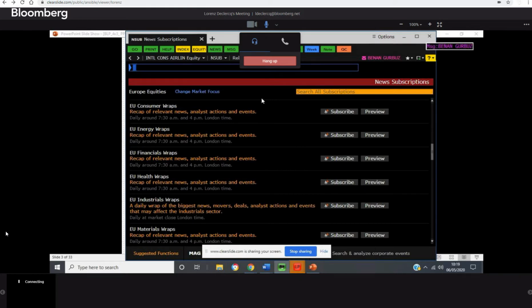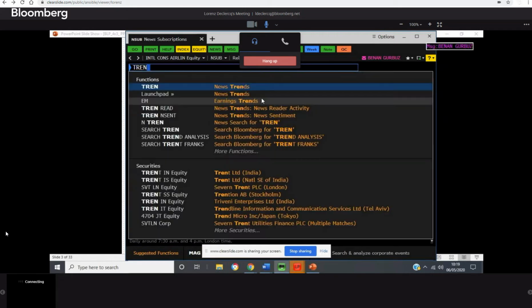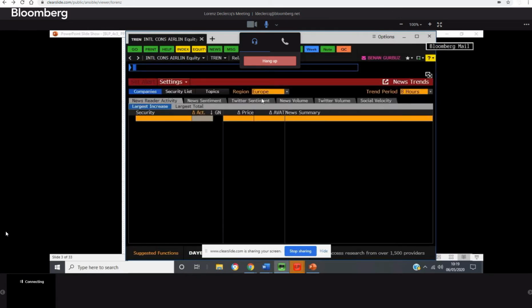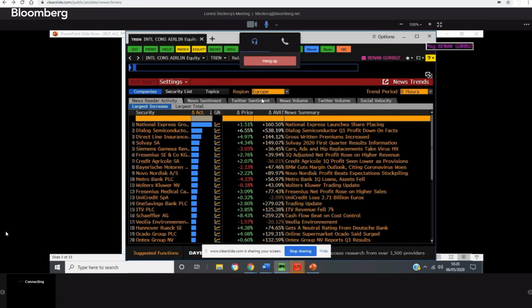Okay, so I'd like to move on next and look at some of the news trends, sentiments, and readership data we have on the terminal, which is pretty useful. So I'm going to run the news trends function TREN on the terminal. So on our news,